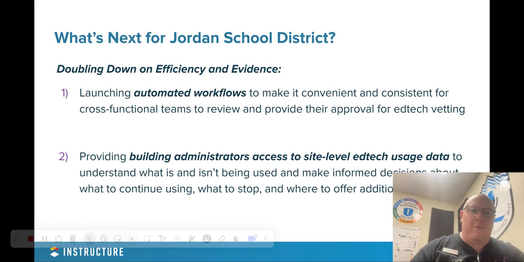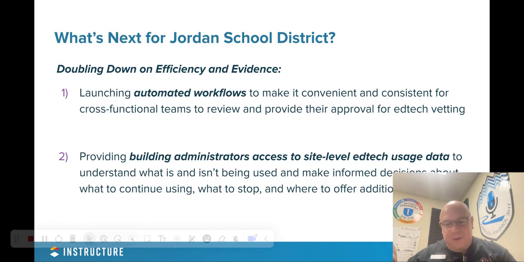We needed to revamp it because sometimes when I was reviewing something and I had a question on the privacy of it, I needed to forward it on to my student data privacy officer. And then I had to open up my email, send him an email, and wait for him to respond to it, which was confusing. So now what I can do is I can just click a button in the workflow,